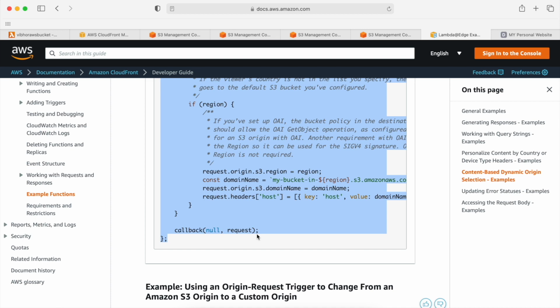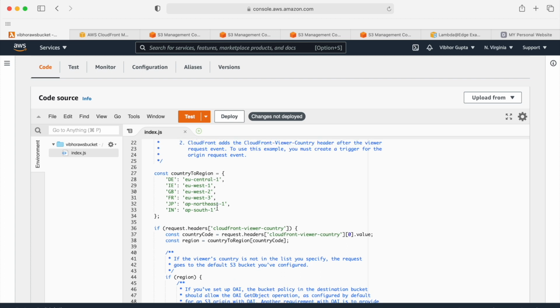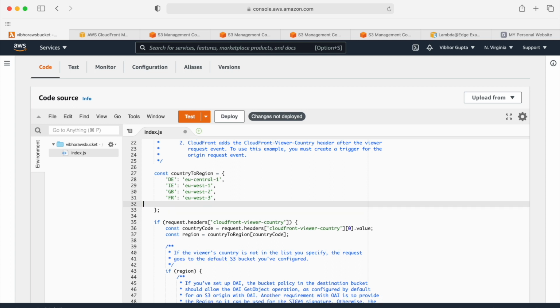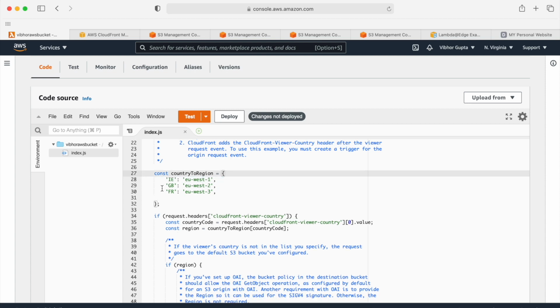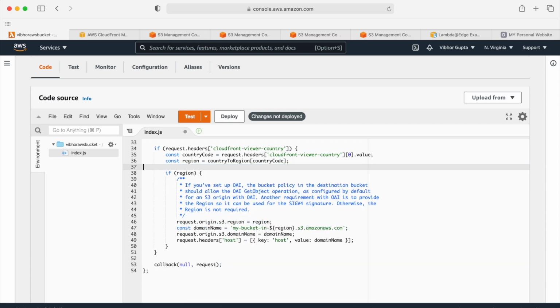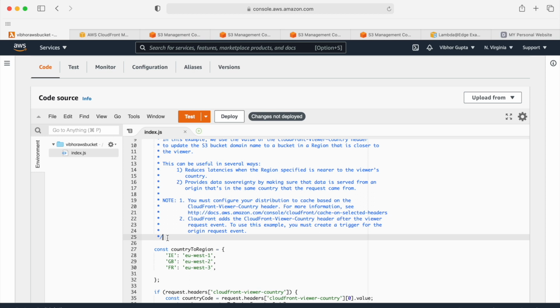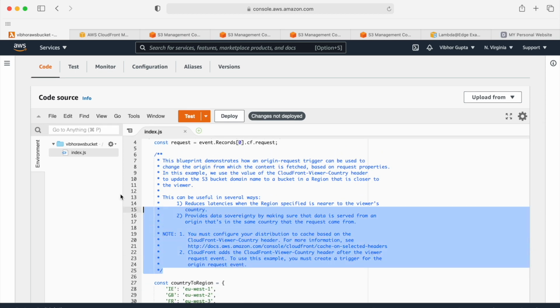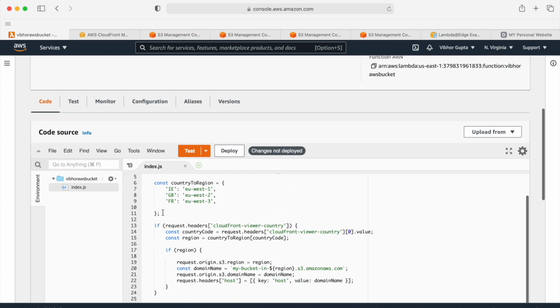and then paste it in our Lambda function. So go back to Lambda, paste it here. Now we can remove the regions that we are not using, like we are not using Japan and India region, and we are also not using Central 1 region. If you want, you can also remove this text. Make sure you only remove the text and you do not remove any part of the code. So we have cleaned up our code.